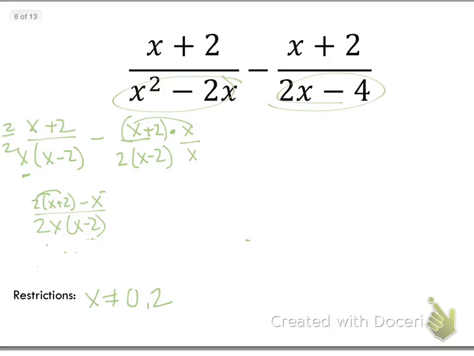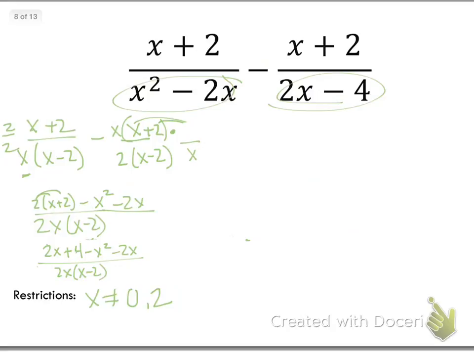So x times x gets me x squared. X times 2 is going to be 2x, but you have to distribute that negative. So to make it easier, if I put that x in the front here, I'm distributing a negative x, so I'd get a negative x squared, and then minus 2x. Okay, that negative has to distribute to everything. Sorry for that confusion. Okay, so this would be 2x plus 4 minus x squared minus 2x over 2x times x